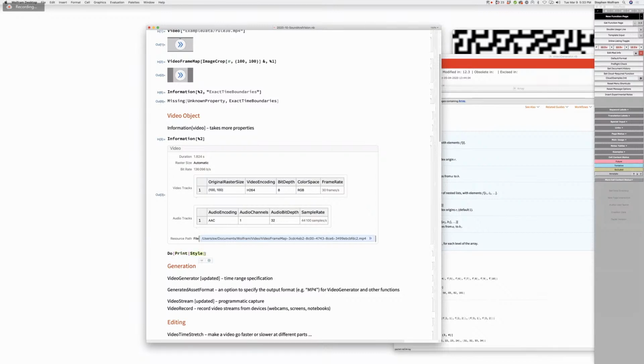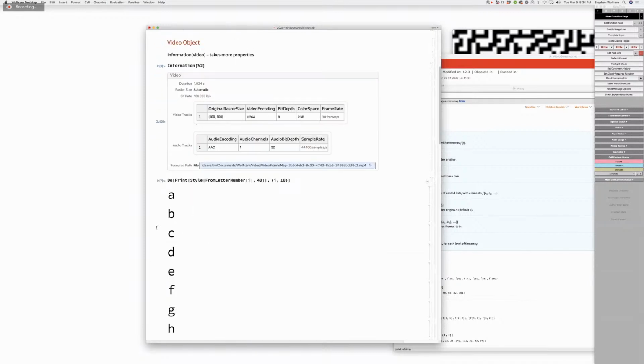oh gosh, I don't even know how to do this. And I say from letter number. Wow, this is kind of a messy way to do it. Functional programming is much better here, to put it mildly. But anyway, I10 or something. Okay, great. And now I select this range of cells, and I'd like to be able to say animate that